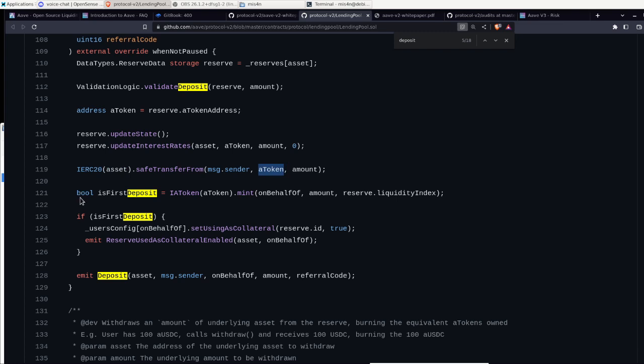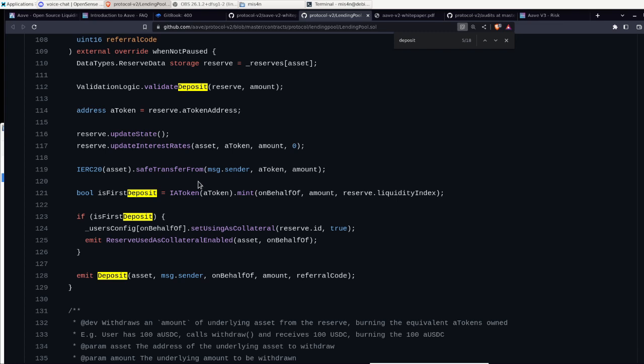And then we check if this is the first deposit based on this A token. We execute the mint function, and probably this function returns a boolean, and there's a check in there to see, okay, I already did that, and then it's just returning.